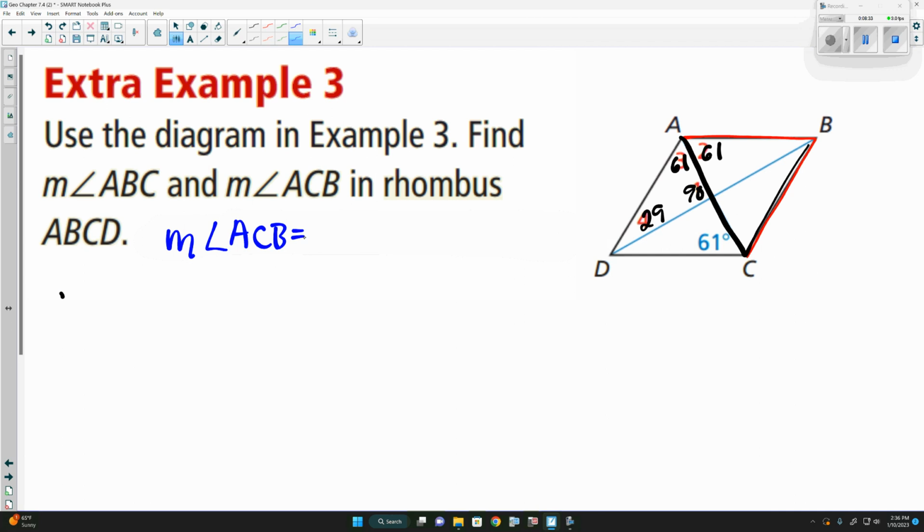61. Because we know that the diagonals bisect the angles, so they cut them in half. So if one half is 61, the other half has to be 61. Right. Because again, these angles are congruent. So if these are congruent, cut in half, these are congruent. So 29 plus 29 is, the measure of angle ABC is, which means this whole angle here is